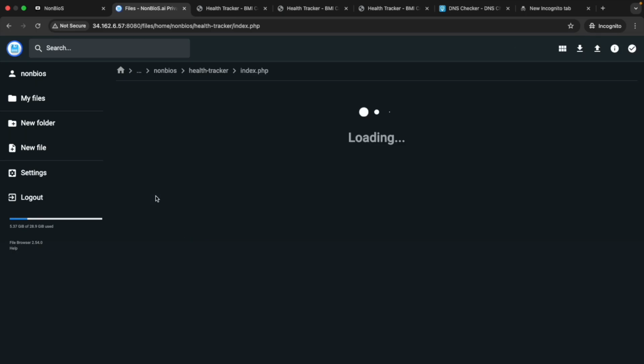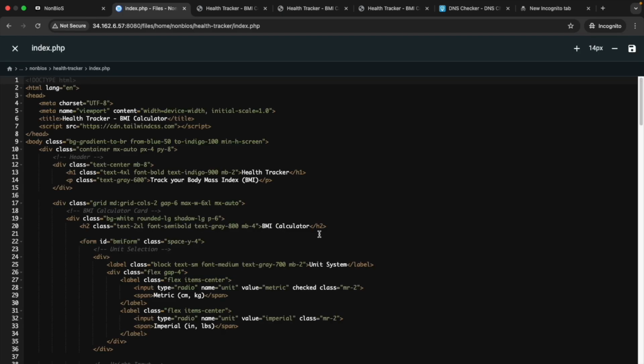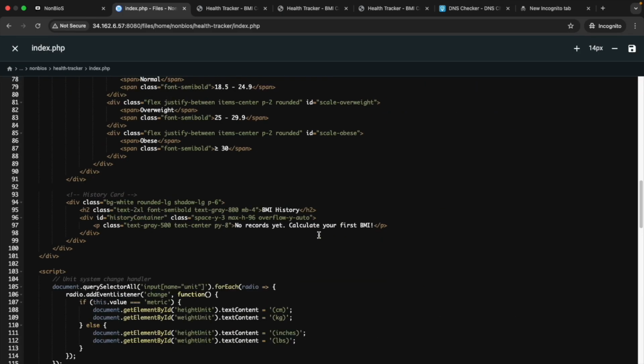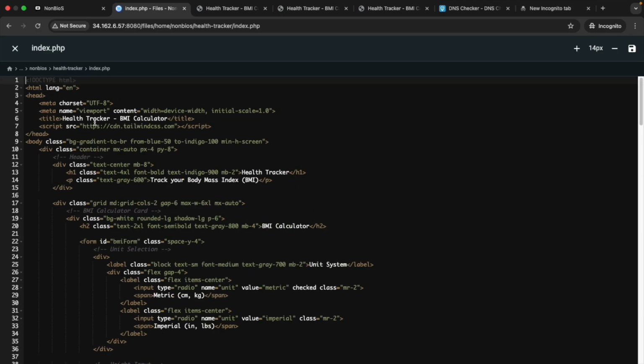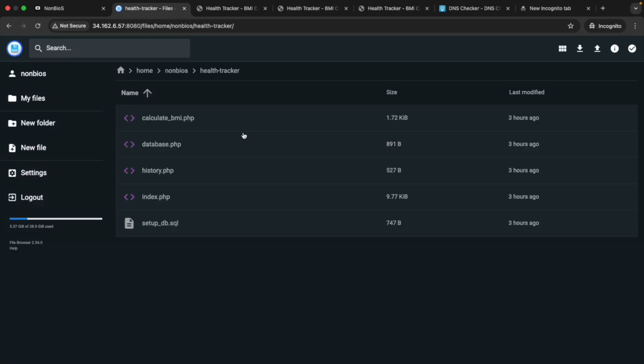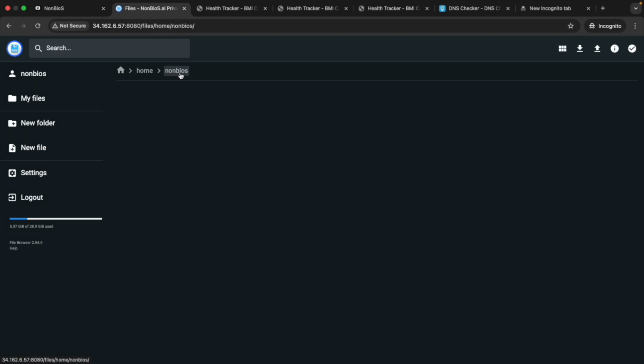If I click on index.php, you can see the file browser lets you view and even edit code directly in the browser, with syntax highlighting. Now let me show you something important. Let me navigate to a different location. I'll go to